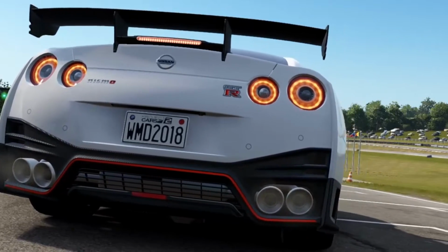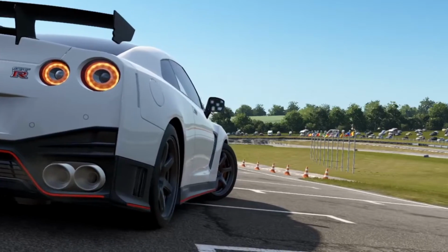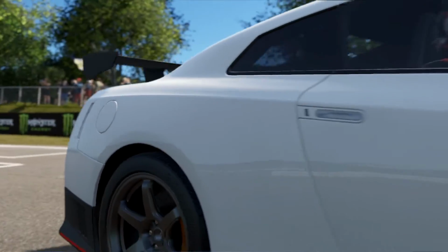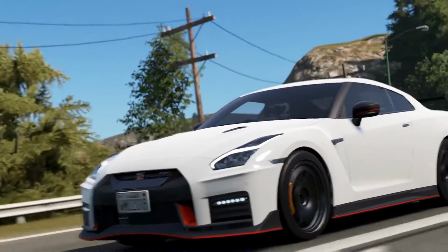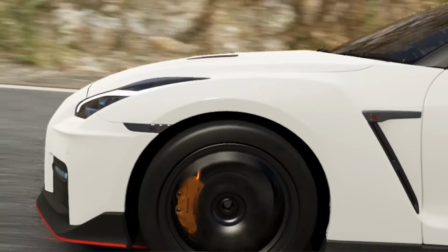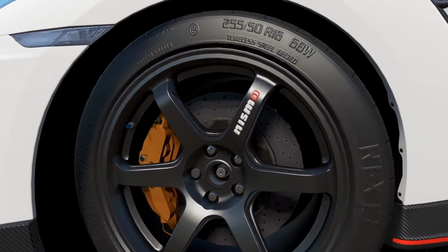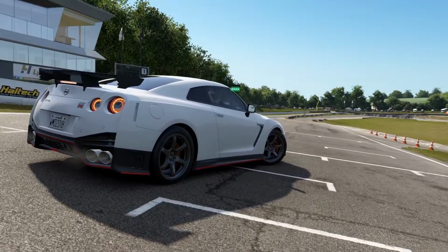Now, speaking of aero, this is where this car begins to separate itself from the base spec GTR, delivering over 100 kilograms of extra downforce. Braking. This car hauls to a stop from 60 miles an hour in 104 feet, which is impressive considering the strange option from Nissan not to ship this car with carbon ceramic brakes by default. Also on the missing list are R compound tyres, and only time will tell how detrimental a product decision that